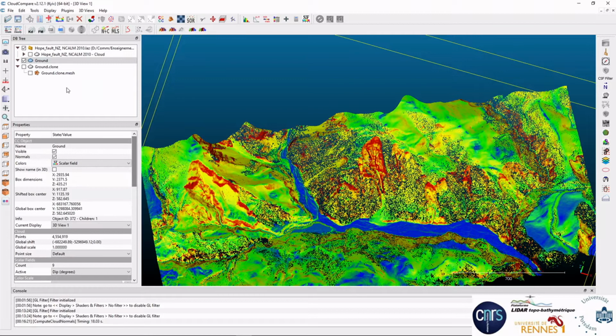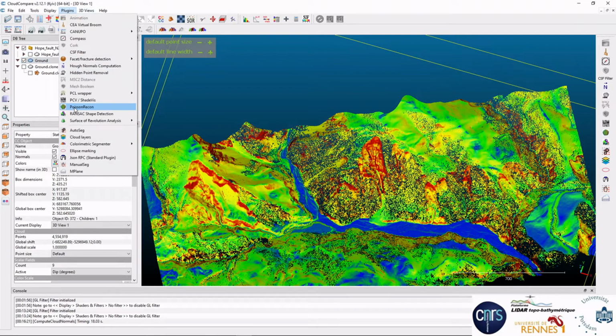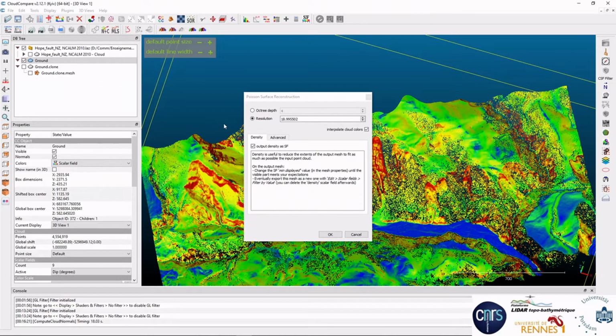Now what we're interested in is to generate a better mesh, and for this we're going to use the Poisson surface reconstruction, which is a plugin in CloudCompare, which implements a meshing method from Kazhdan et al., which is very elegant. Here you have to choose the resolution. We're going to interpolate at, let's say, 1 meter.